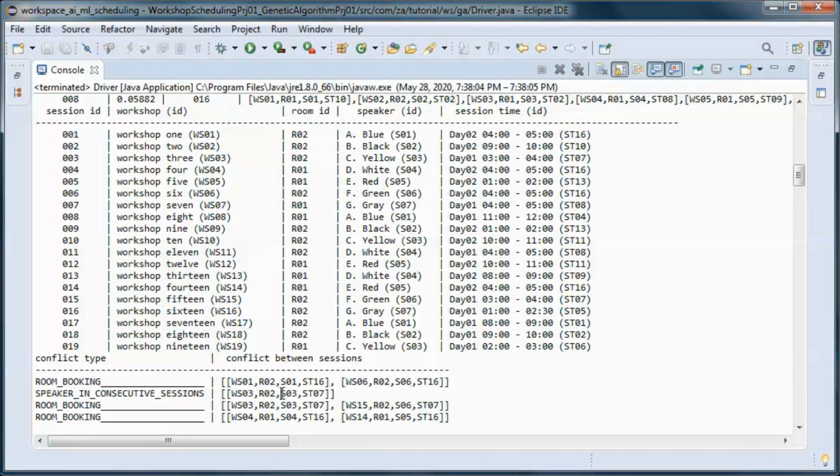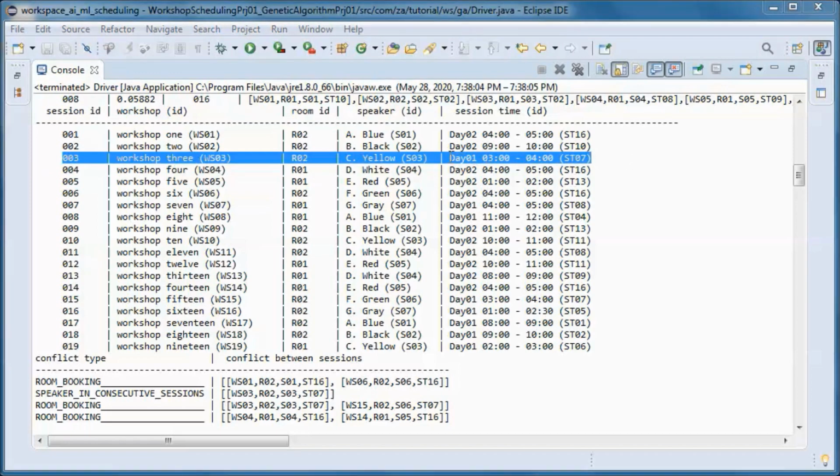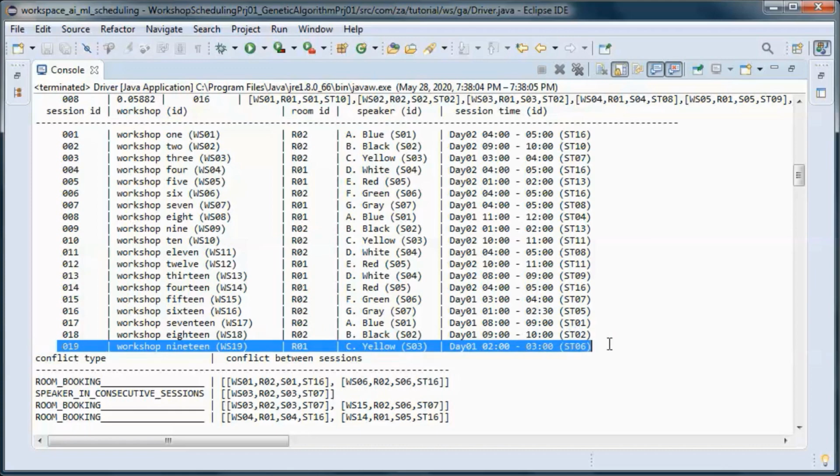And here speaker 03 is scheduled to speak at this workshop, workshop 03, on day 01 from 3 to 4, but this same person is scheduled to speak on day 01 also from 2 to 3.